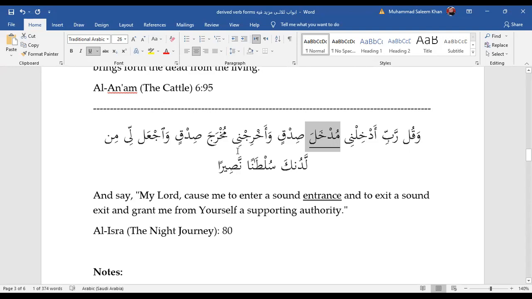Okay, why? Come on, try. مخرج صدقين. So مخرج is the place of exit. The place of exit is مضاف, and صدقين is مضاف إليه. This is not right? Makhraj. Why? Makhraj is wrong, sir. Of course. مخرج is خرج يخرج, and then the adverb of place will be مخرج, this is makhraj. We make it from the derived form of the verb.